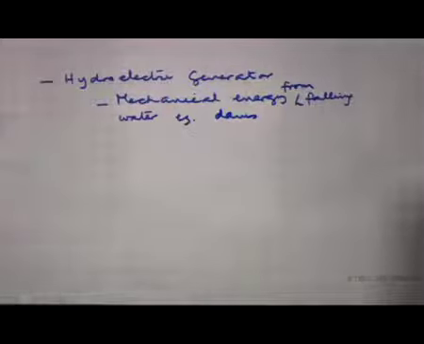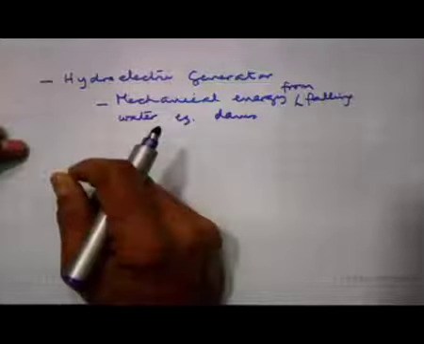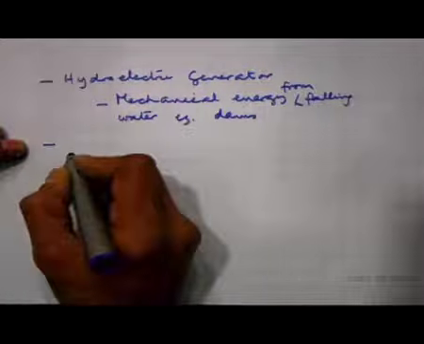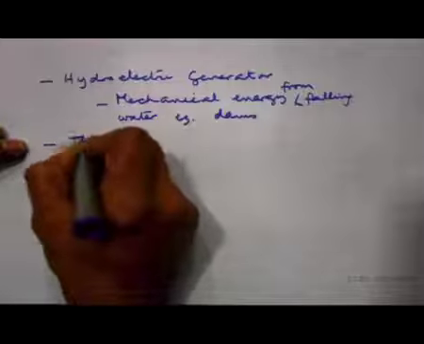Water from a height, when it falls down, generates kinetic energy from the potential energy, and that kinetic energy can be converted to rotation of this coil, and then it gets converted to electrical energy. Then you can have thermal generators,